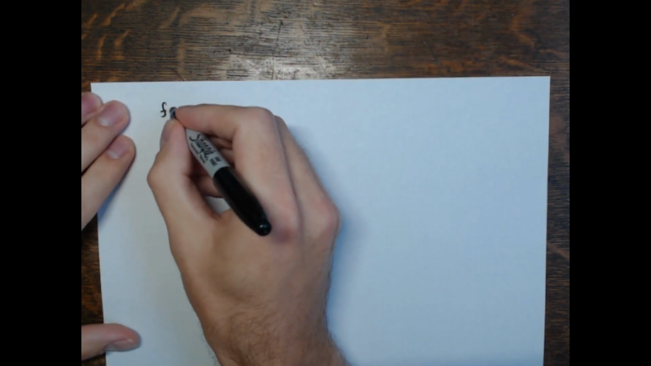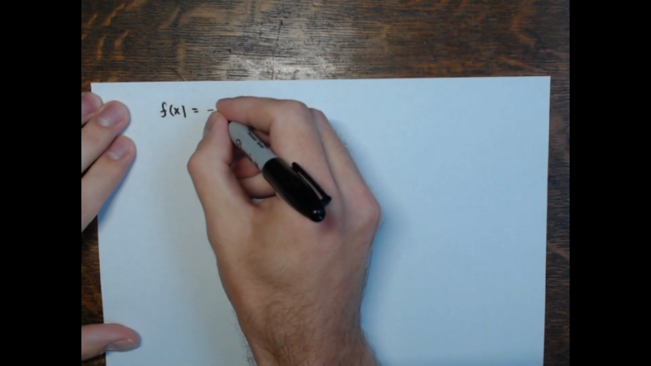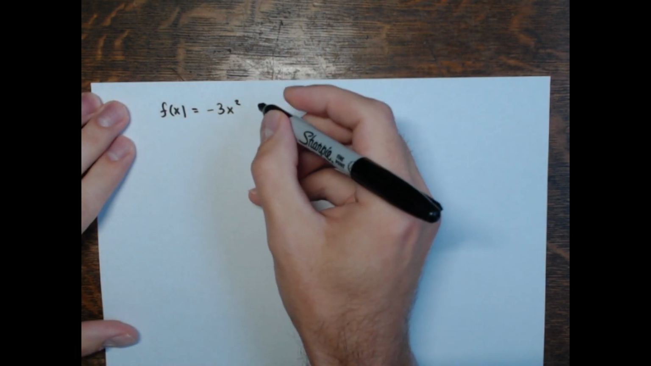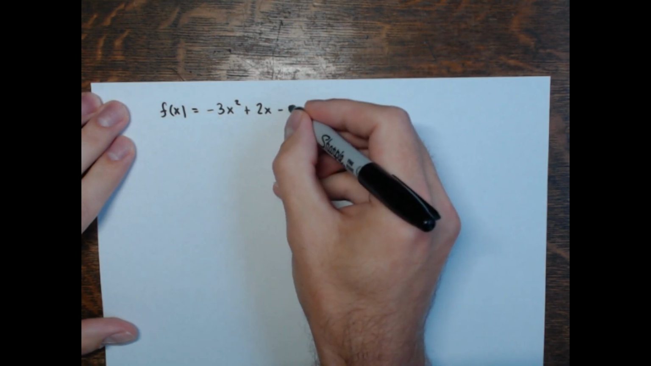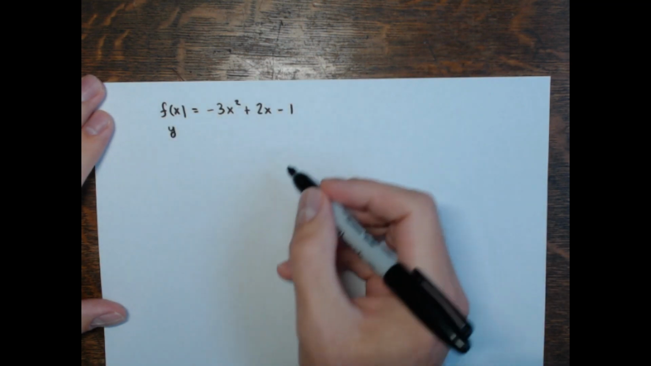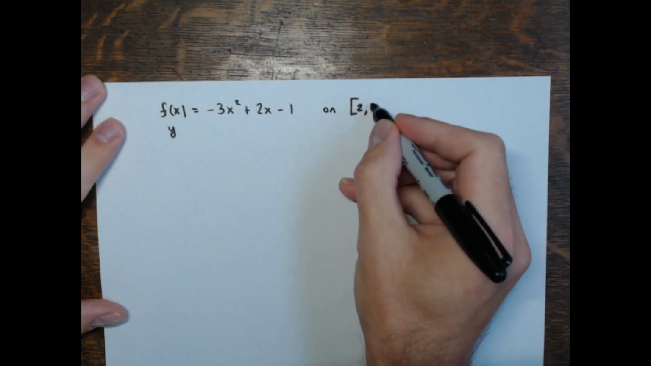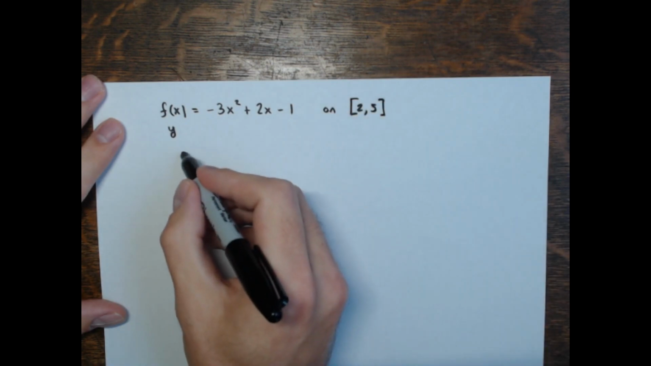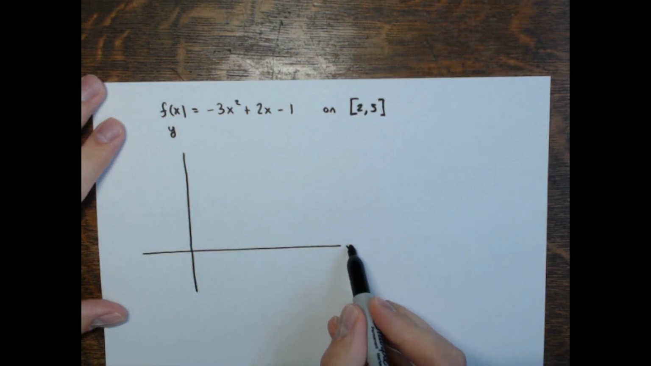So f of x equals negative 3x squared plus 2x minus 1, and this is the same as y equals that. And we're on the interval from x equals 2 to x equals 5. So if you want to plot points, right,